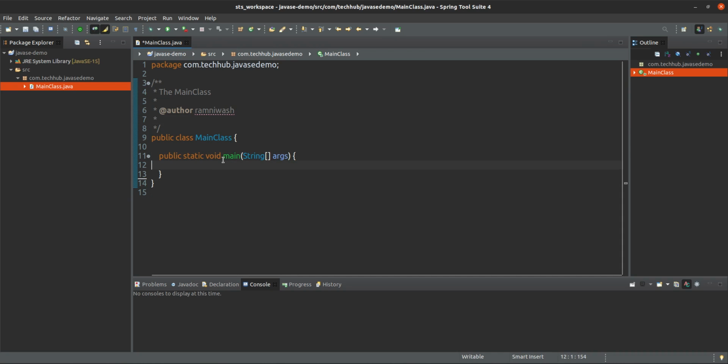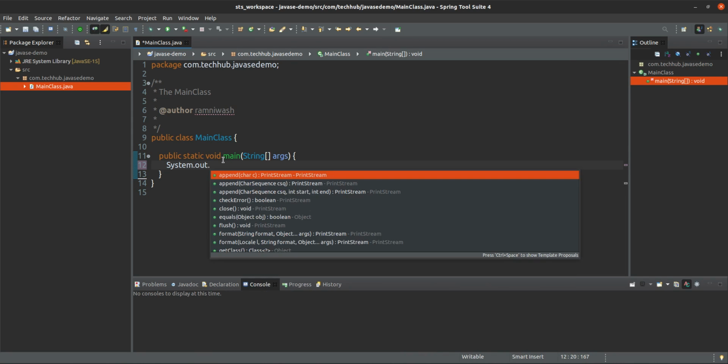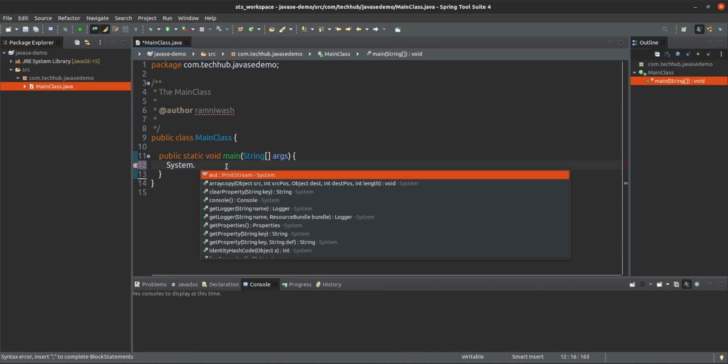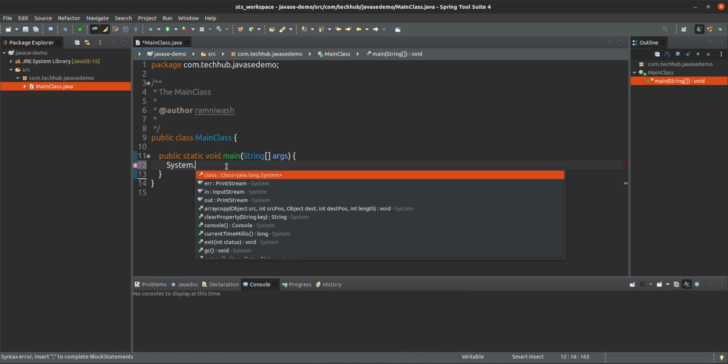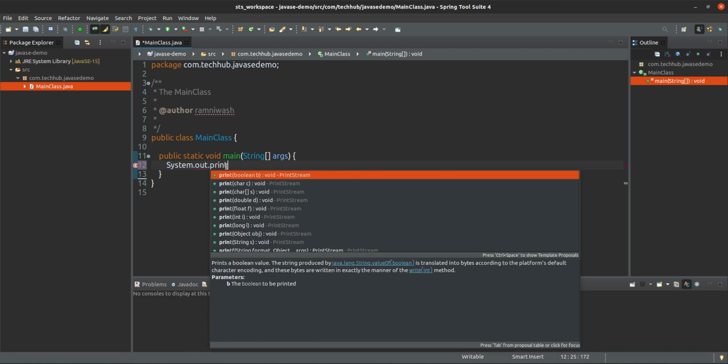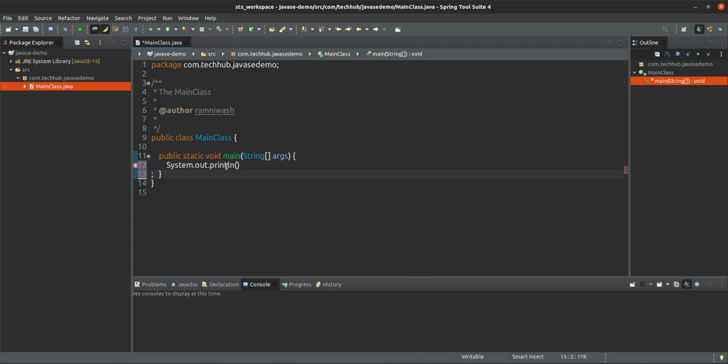I am printing here some message. System. See, when I am giving here System dot, it is automatically suggesting what are the methods there in this System class. So System dot out dot println, and you can print.